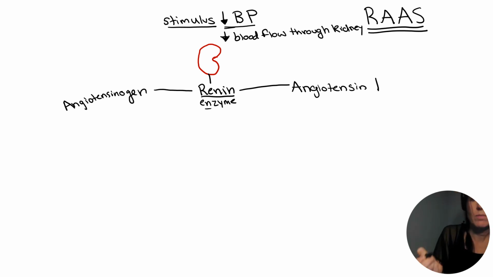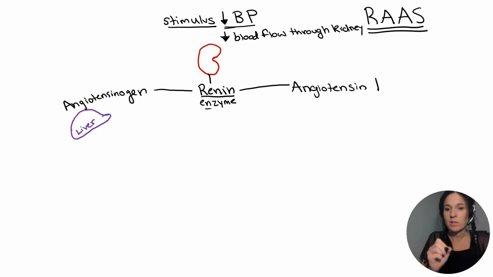So we had a decrease in blood pressure detected by the kidney. The kidney is going to release renin. Renin is going to convert angiotensinogen, which is a protein molecule from the liver, and angiotensinogen is going to be converted by renin into angiotensin 1. Now angiotensin 1 is in the circulatory system, and when it gets to capillaries in the lungs,